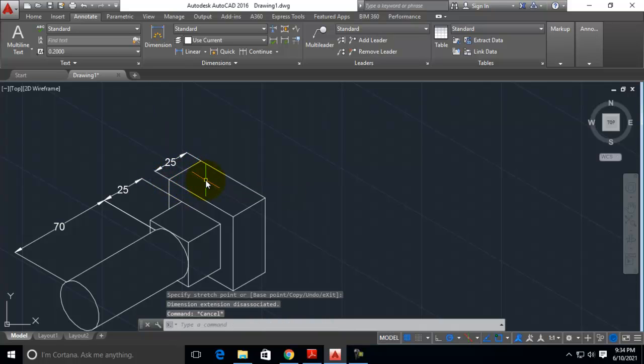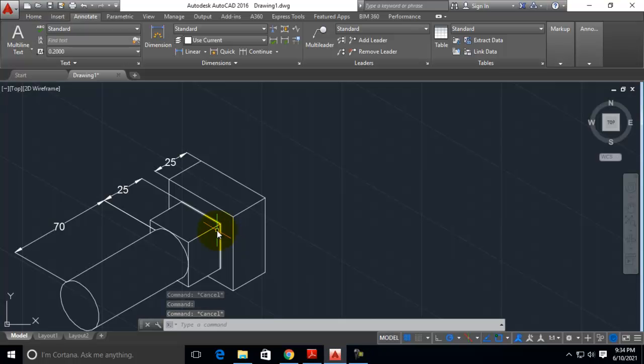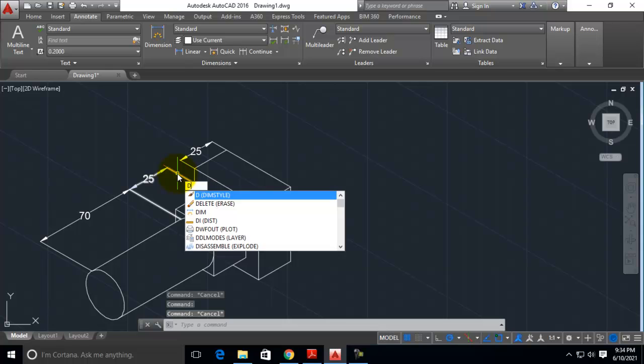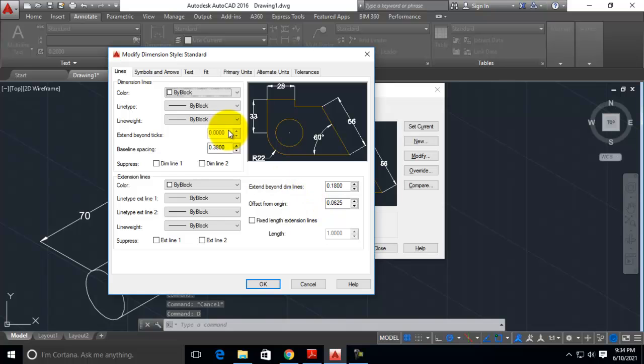Also this line can be moved over here. This change you have to do. This is okay right now. Now it looks like it is there in drawing. Still you can change if you want to have an extension line beyond this 25. You can use dim style manager command, dimension style manager. Go to my dimension style manager, select extension line, extend beyond dim lines option as something around 5.